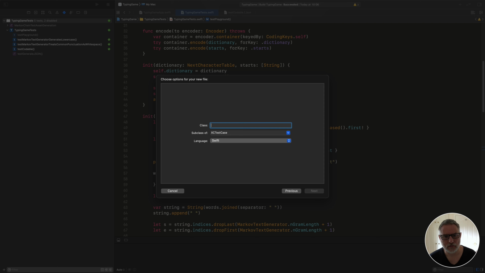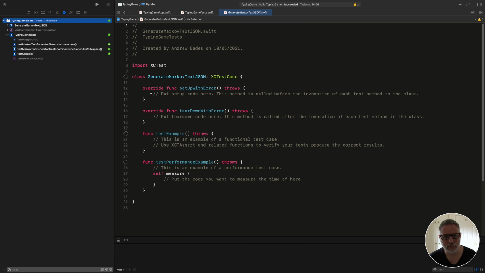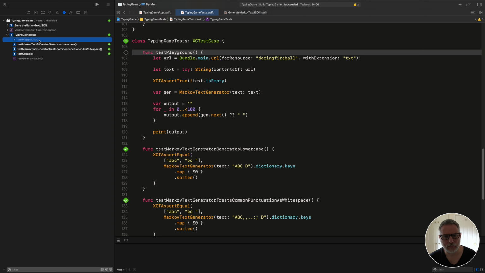Let's call it generate JSON. So this is a special test that we're going to use actually just to generate the